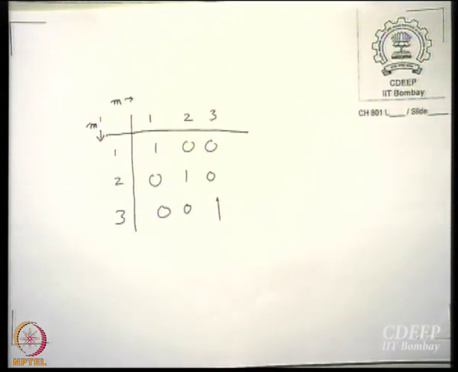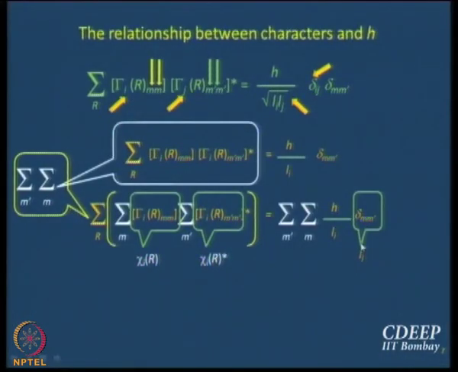So, now if I add everything up, 1 plus 0 plus 0 plus 0 plus 1 plus 0 plus 0 plus 0 plus 1, that is 3, right? So, if I did that for Li equal to 5, what would the answer be? 5. For Li equal to 283, without getting carried away too much, the answer is Li. And that is a nice situation. Li in the numerator, Li in the denominator, Li and Li cancel, you are left with H. So this is the answer.